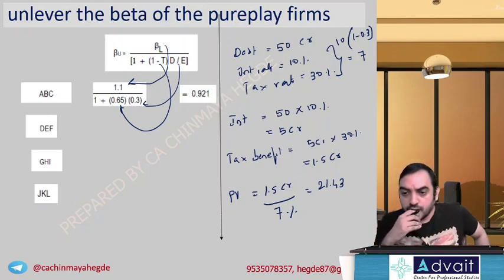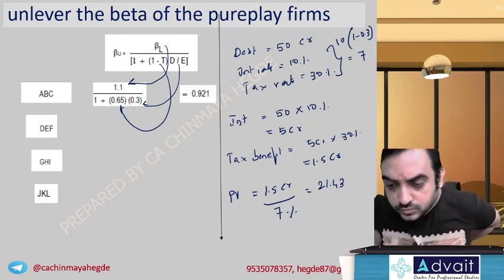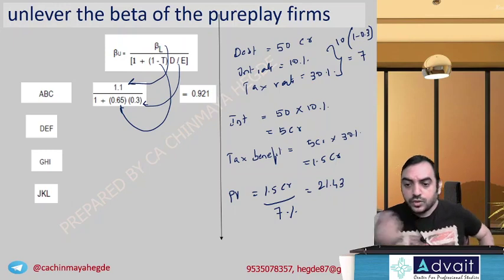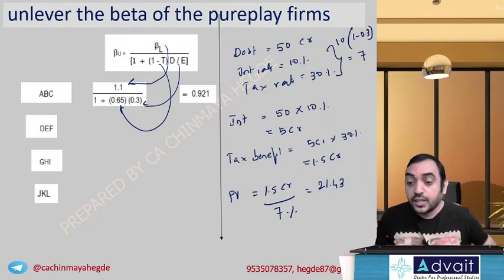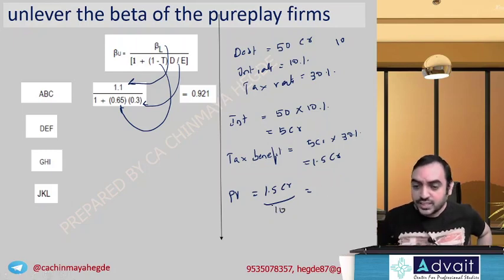Second, what is happening? Or if I just divide by 10%, I'll get, okay, sorry, don't divide by 7, just divide by 10%, I'll tell you. Just divide by 10%, let's see what you get. I'll tell you why later. Just divide by 10%. 1.5 crores, divide by 10, you get 15.